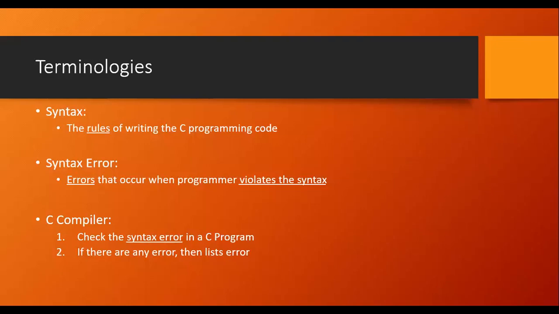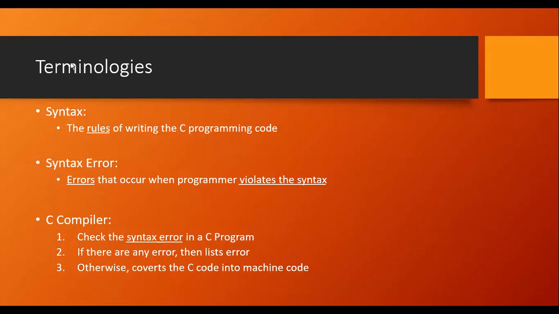Before it gets converted, there should be some software which validates whether each of the statements, each of the words used in that particular program is correct or not. If there are any errors, it will give the errors to the programmer. It will list down all the errors. If there are no errors, then the compiler will convert that C program code into the machine code. So machine code means what? It consists of a set of binary numbers, that is zeros and ones. If it is converted into machine code, then directly that machine code can be used by the computer in order to execute the program.